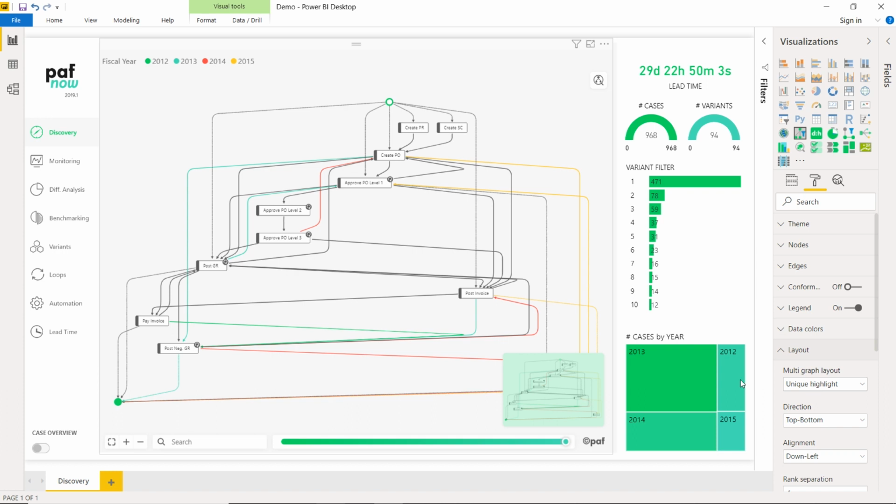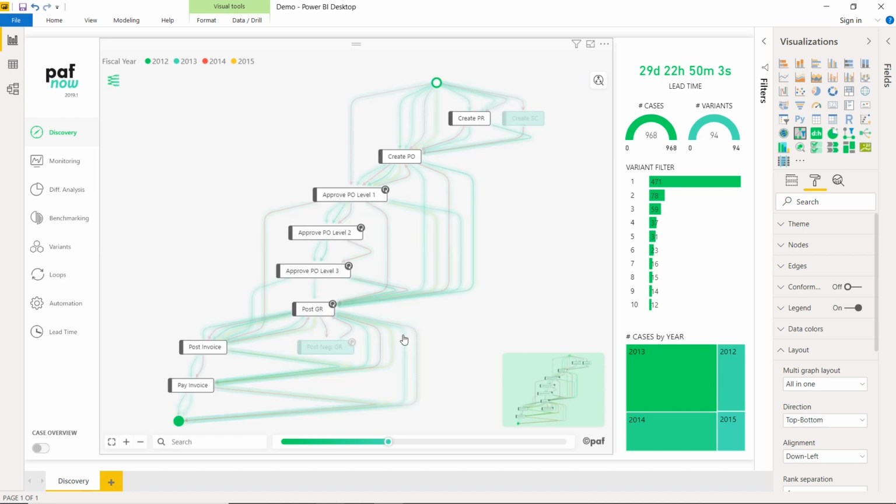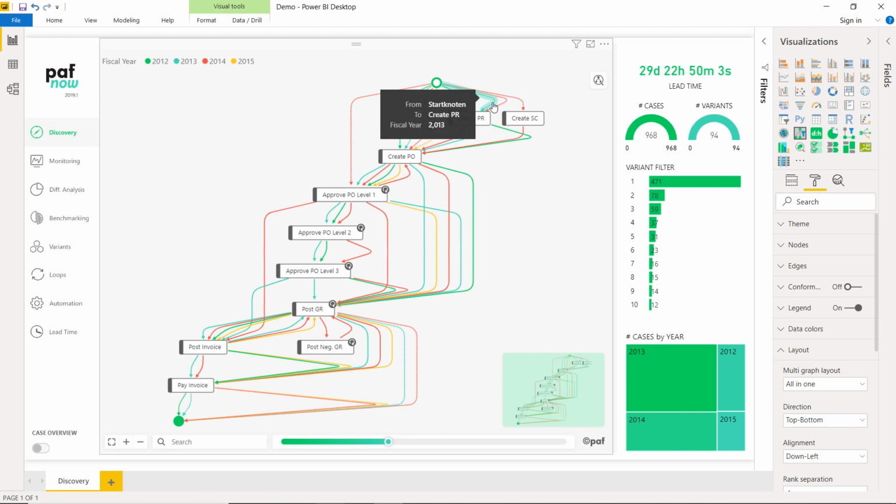It highlights, for example, just this edge, pay invoice to post negative goods received for the year 2012 because it has not occurred for other fiscal years. When I use the all-in-one mode, I can see which of the years have gone through specific activities more or less frequently. In this example, the purchasing process in 2013 was more compliant because they have gone through each of